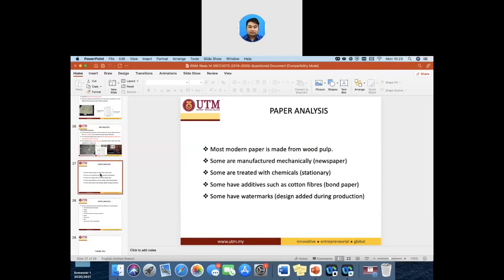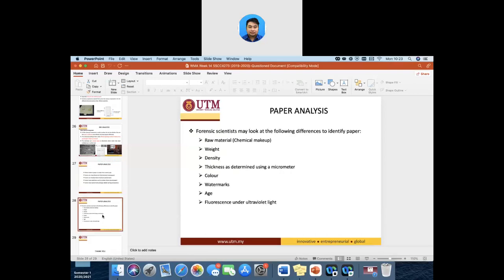So now we are going to look at paper analysis. Right. Paper analysis, we are going to look into its raw material first. Alright, raw material, which is the chemical makeup of the paper. So you are going to use more of the destructive methods, because you are going to look at the chemical part. Okay, the weight, the density, the thickness of the paper using a micrometer, even the color,